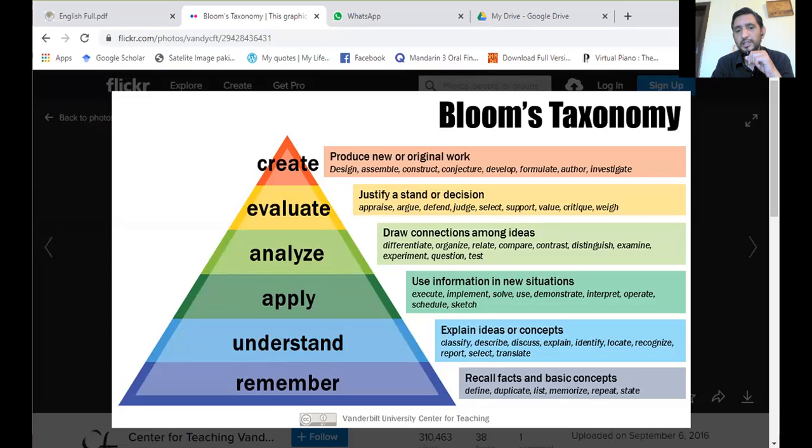Earlier, the question papers only pertained to the bottom level, just remembering: rote memory and facts, and reproducing them. That was all the exam, and that's why our students were suffering. We did not have the level of students which, after so many years of education, a student should have. So this year you will be having questions from understanding and application. For these two, you will have to use your own brain. For remembering, you just need the book, you just need to remember.